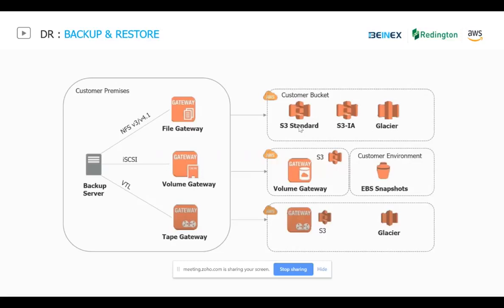So you can store your tapes there, just like offsite storage, and you don't have to consider a license with a new company, something like Iron Mountain, to store your tapes and so on. In case you want to retrieve your tapes in the future, use it with just one click. Just click on your virtual tape and click retrieve.